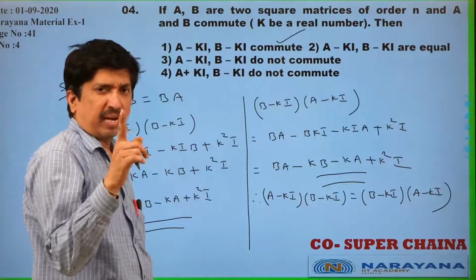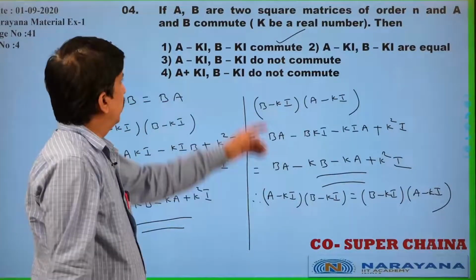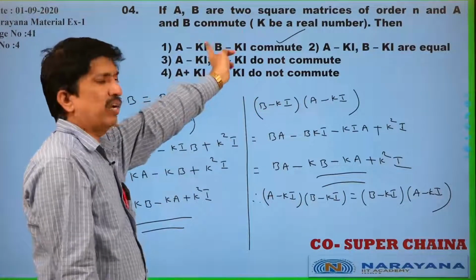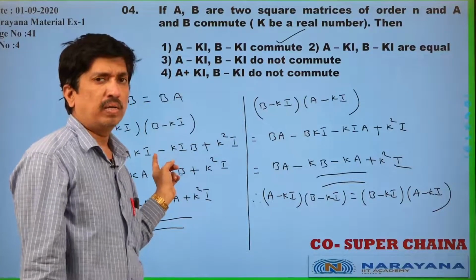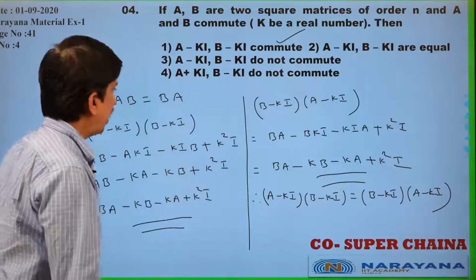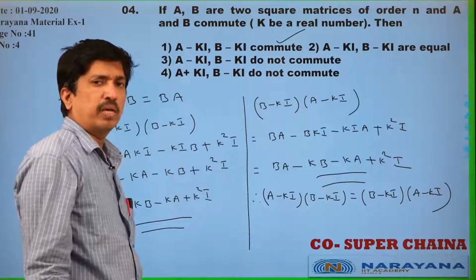You remember that matrix multiplication is not always commutative. Here, the given condition is that it is commutative, that's what we are taking, AB equal to BA only. Is it clear or not? Now according to the given condition we solve the problem only. So let us move to the next question.